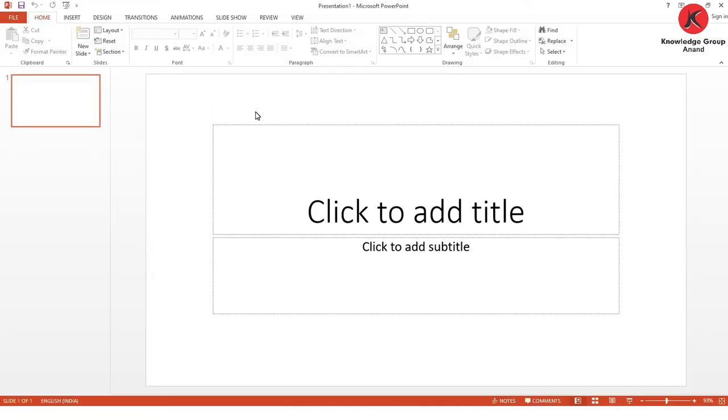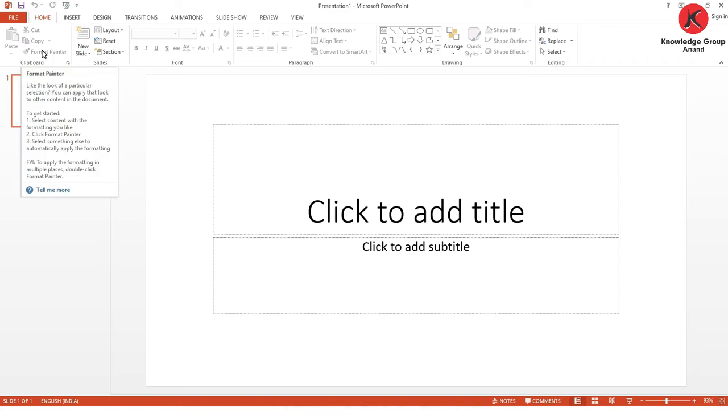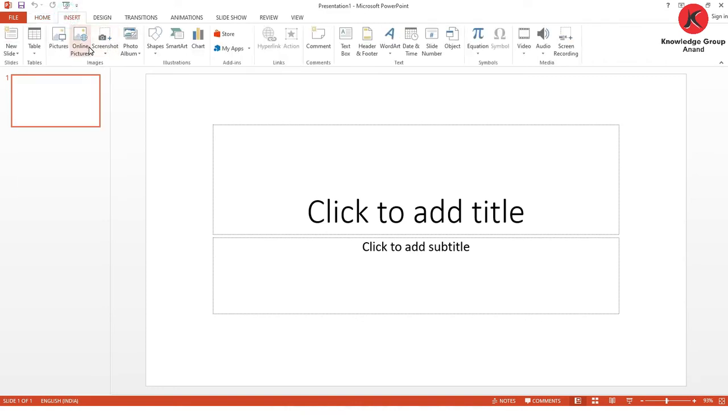In this we are going to learn only the insert tab. You are already familiar with the home tab. Now we are going to learn about the insert tab. In the insert tab, which objects can we insert in the slide? We can insert a new slide, pictures, a table, and pictures from the internet. We can take a screenshot of the desktop or any object from the desktop. We can also create a photo album, which we have seen, like if you want to create a video with the photo album and songs, you can create it in this group.